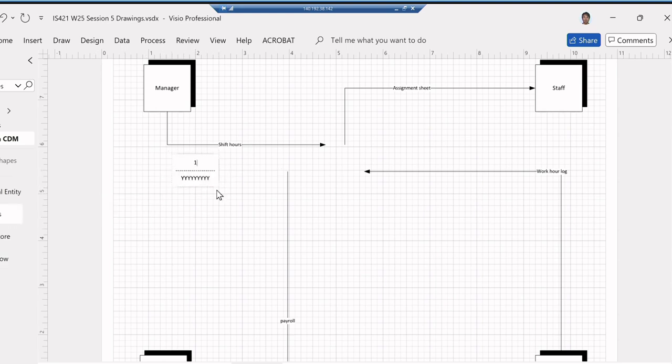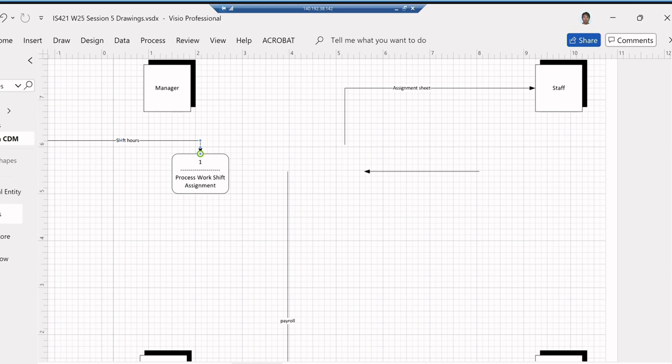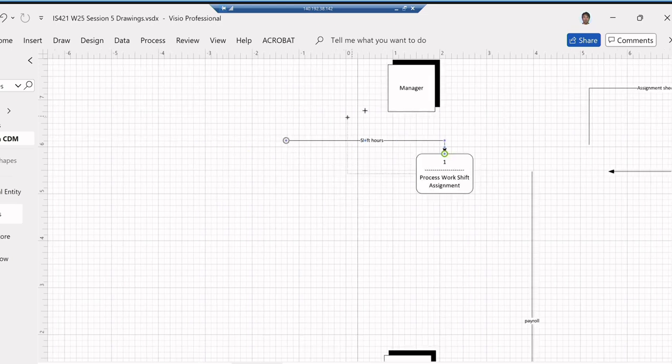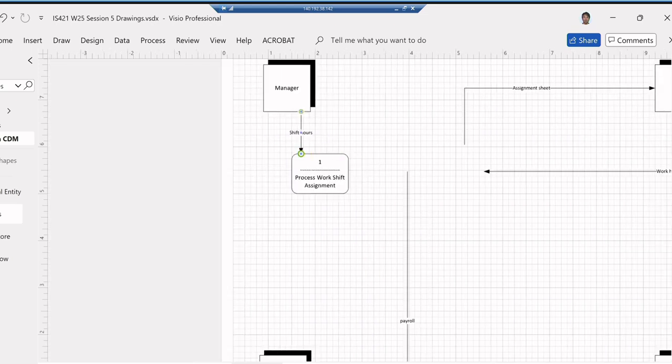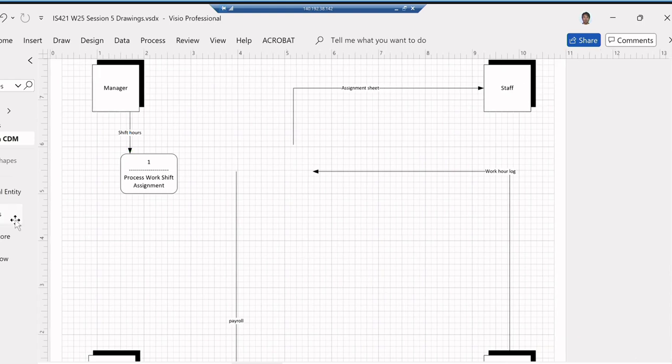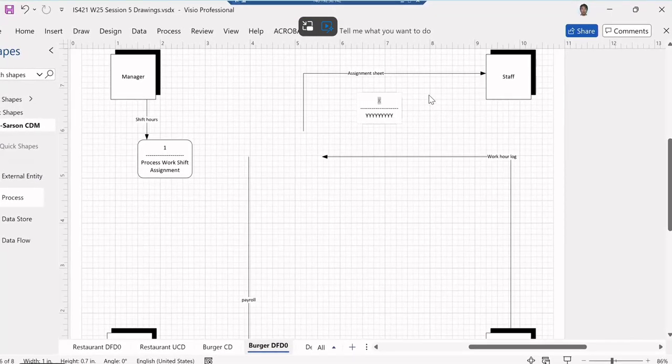Number 1 should be the assign or process work shift assignment, and make it a little bigger. So basically shift hours. Of course, process number 1. And without thinking about the data store, the second is, logically speaking, the assignment sheet goes to the